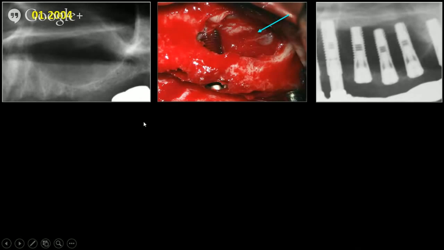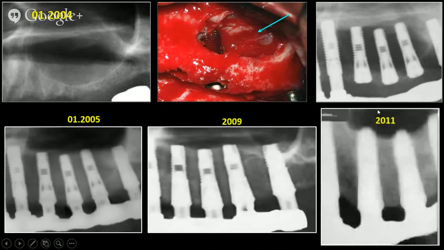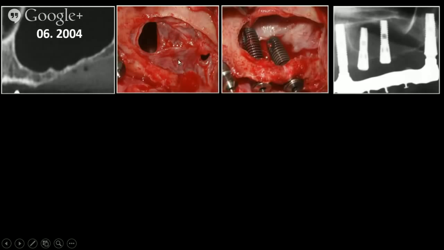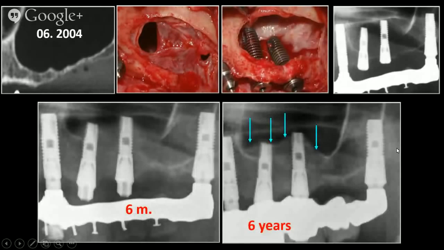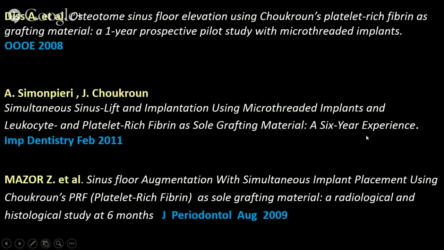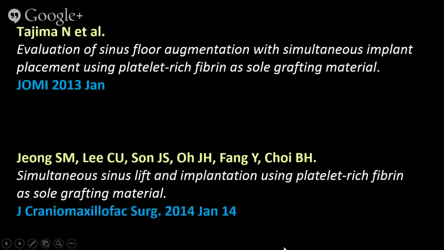We started 10 years ago using the same concept, fibrin under the Schneiderian, and look, after 9 years, the stability of the bone. This bone is very stable because it's a native bone. When we have perforation, we use PRF, and then we can place the implant and fill the sinus with the PRF. And after 6 years, we have a very stable bone because it's a vital bone. Today we have several publications, and the last was in the Journal of Craniomaxillofacial Surgery about the use of PRF